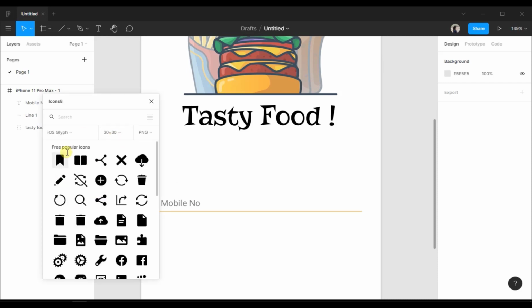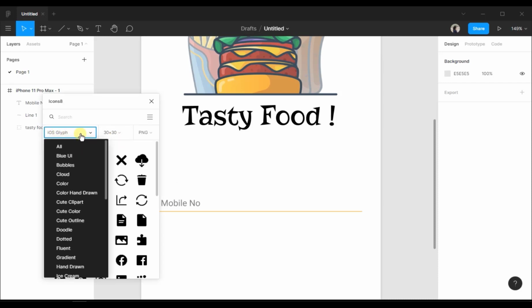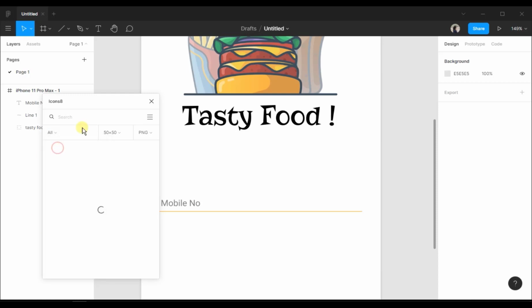In this plugin, as you can see, we have different types of icons. You can also add the icons with colors and many more options. I will select all, and here we have the size for the icons you want to download, and also you can download the PNG format and SVG format.